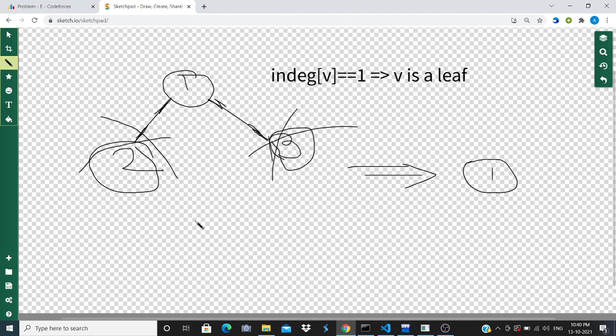And how do we know that we have encountered some new leaf or not? Let us see with another example: let's say this is 4, this is 5, and this is 6.